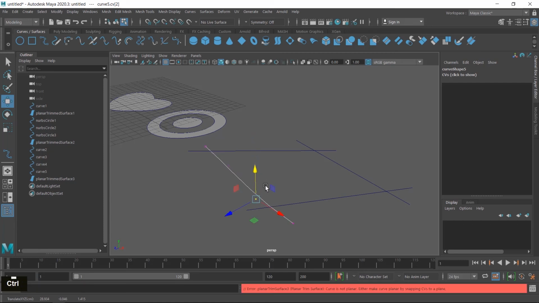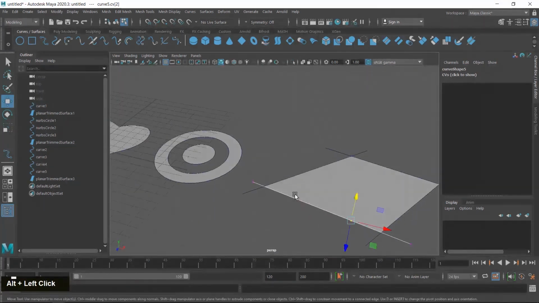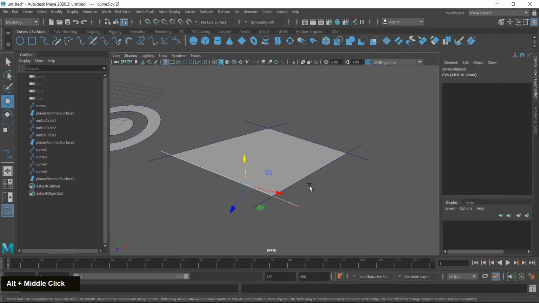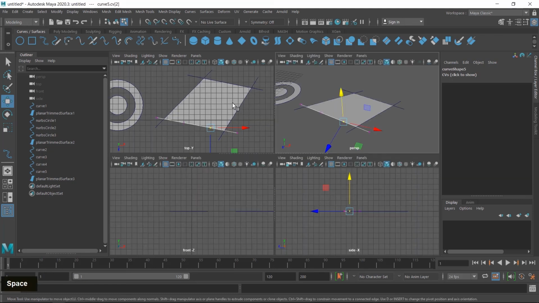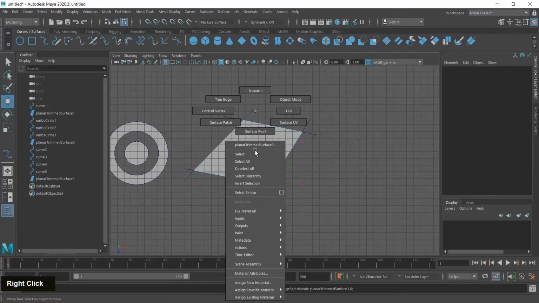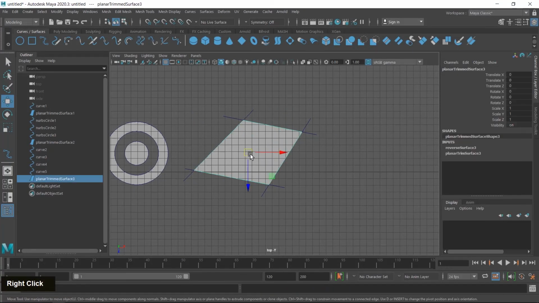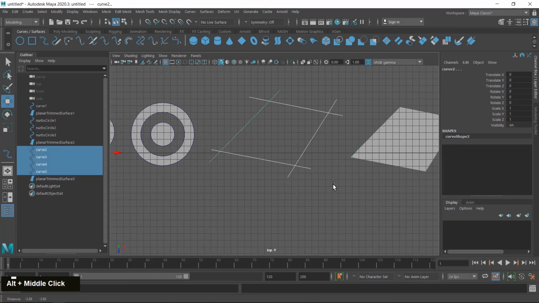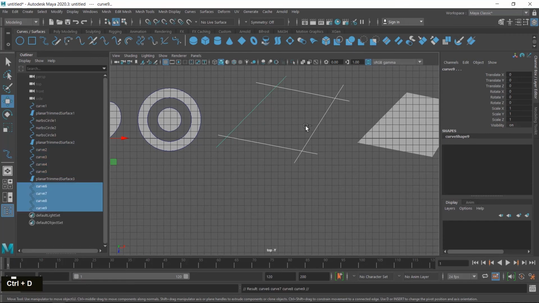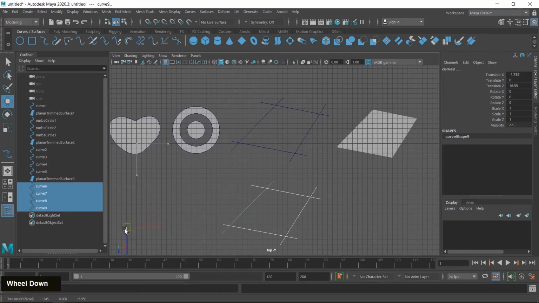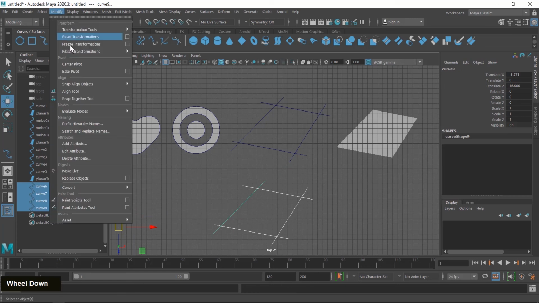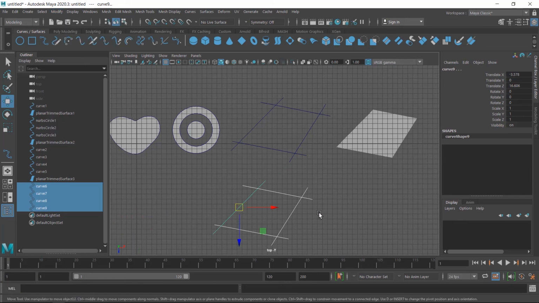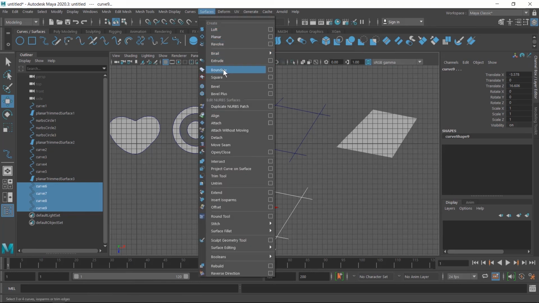So this type of manipulation is not possible in the planar tool, but we have another tool that can accept this type of modification. I show you. So first I have to exit from the editing mode and then select and move outside and copy this intersecting line by pressing Ctrl D, and pivot position is different, so we have to center pivot once again and then go to surface menu, and this time I choose boundary tool.